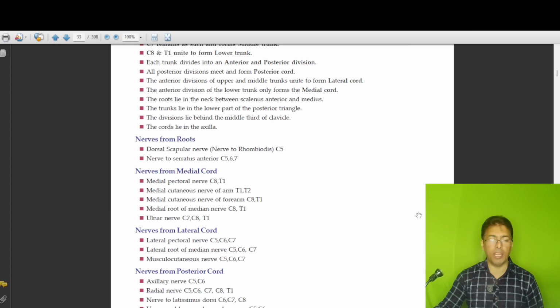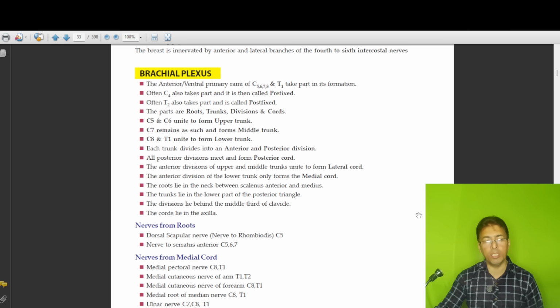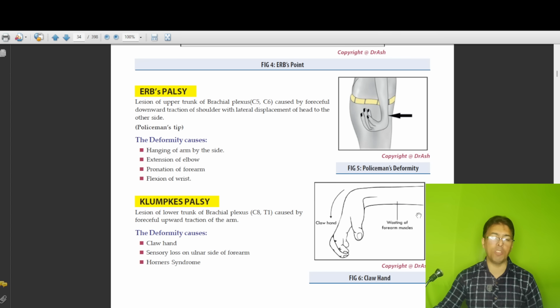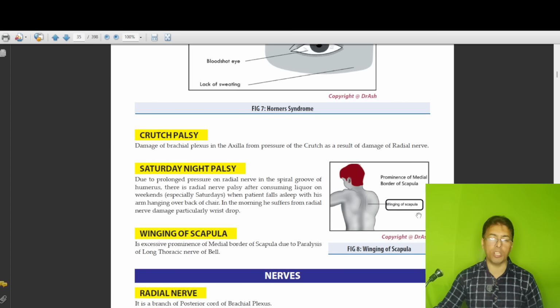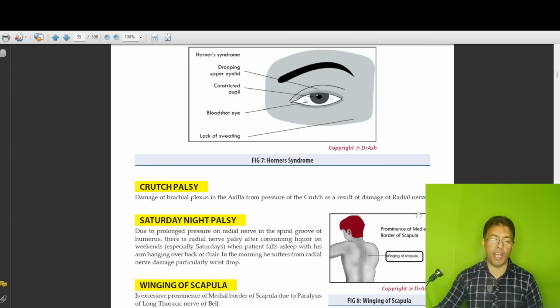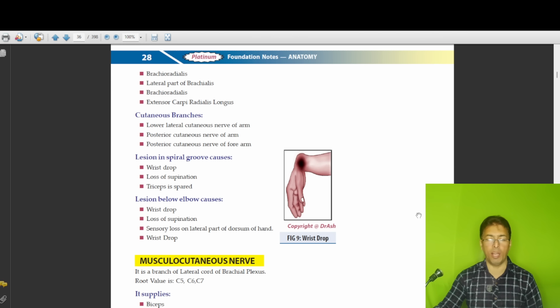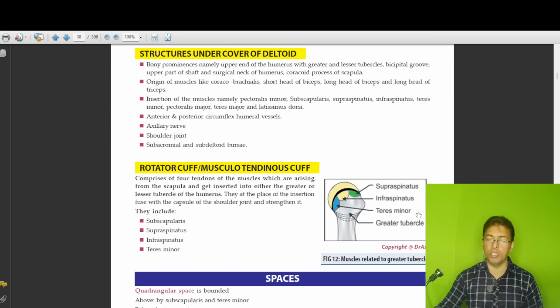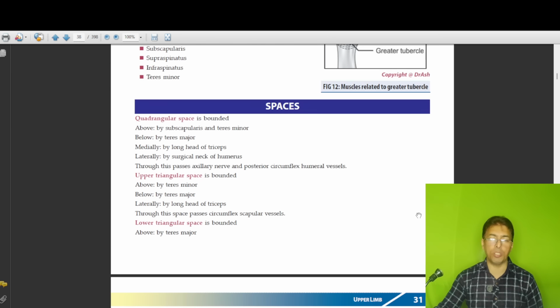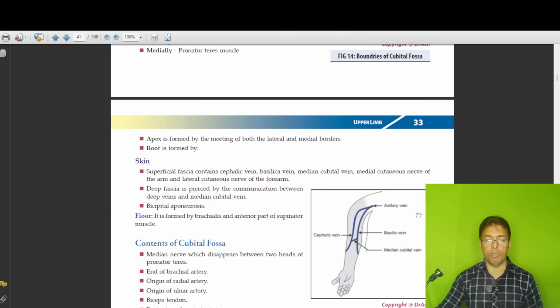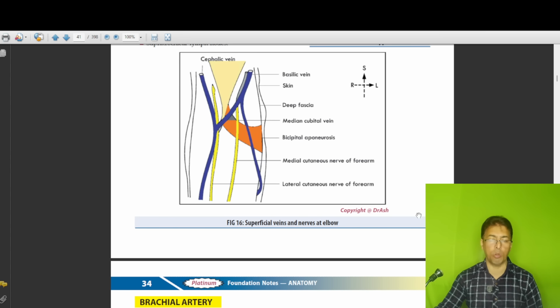Then important things back. I mean, say this is all given in other books as well, but we have tried to condense it over here in a manner which is clinically important. So you can see all the things: Erb's palsy, Klumpke's palsy, claw hand, Horner syndrome, winging of scapula from upper limb, wrist drop, ape thumb deformity, nerve injuries in relation to humerus, the musculocutaneous stuff, the rotator cuff, what's all important, and muscles given in a tabulated manner, the cubital fossa, so many times asked,